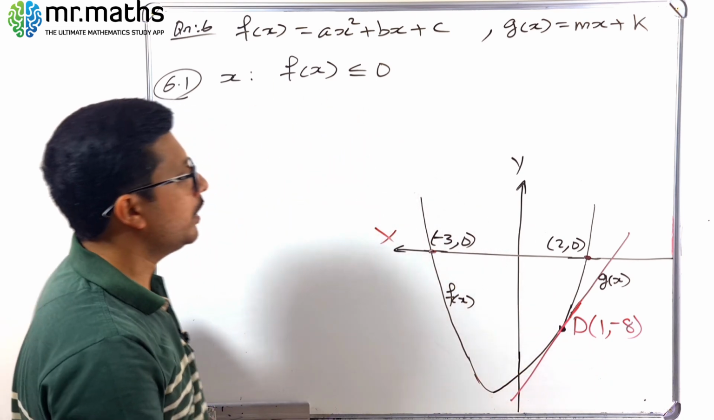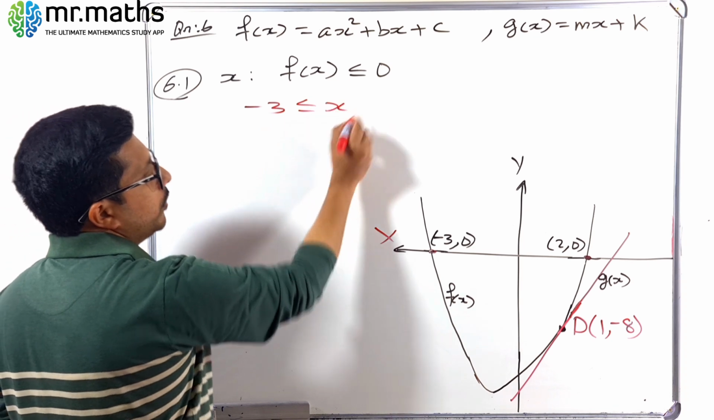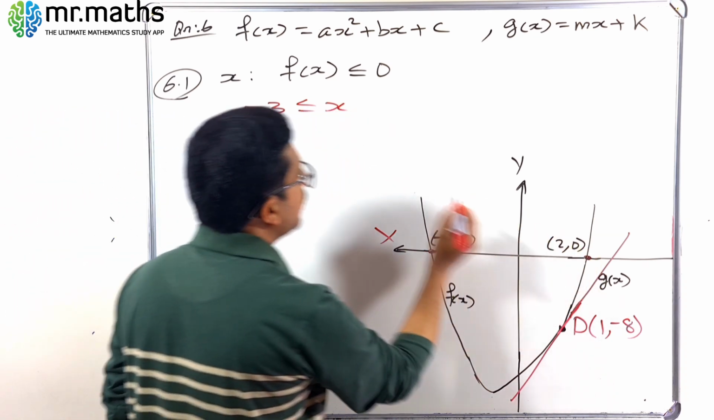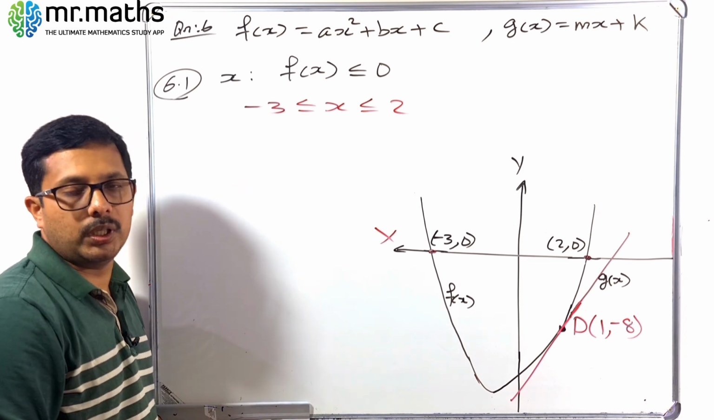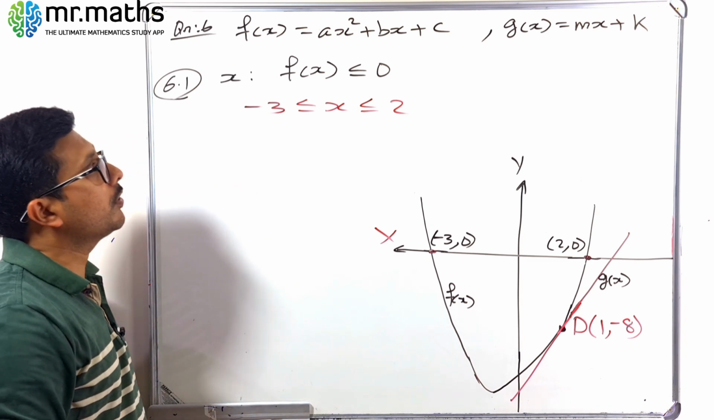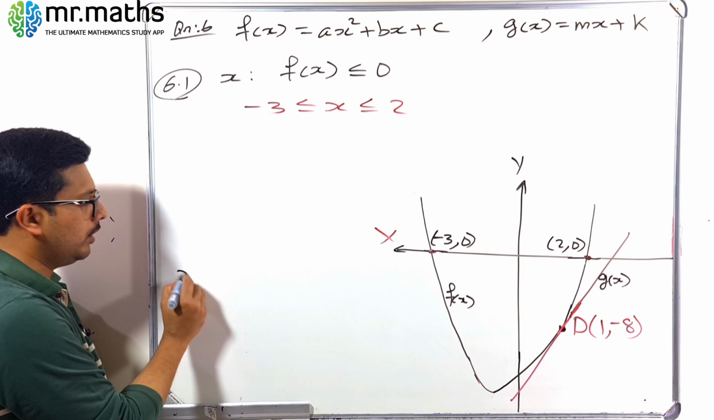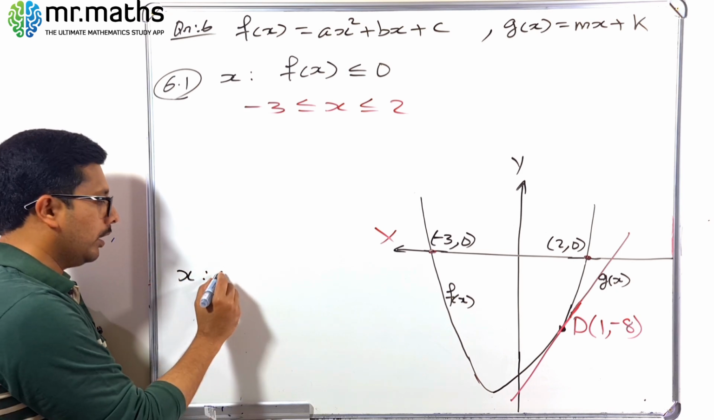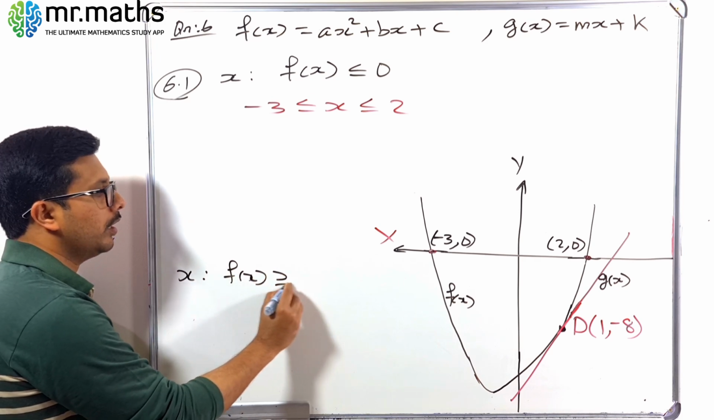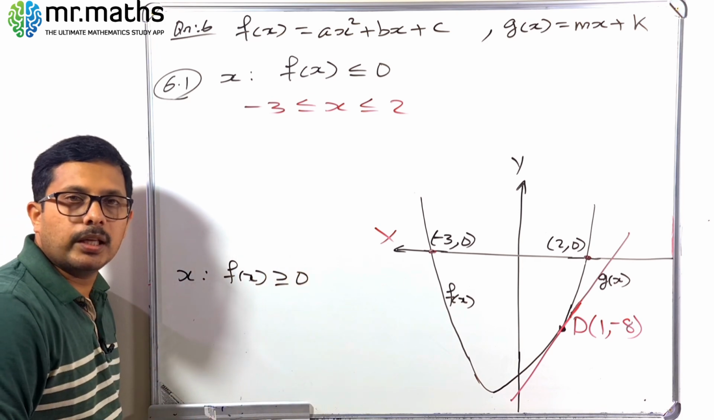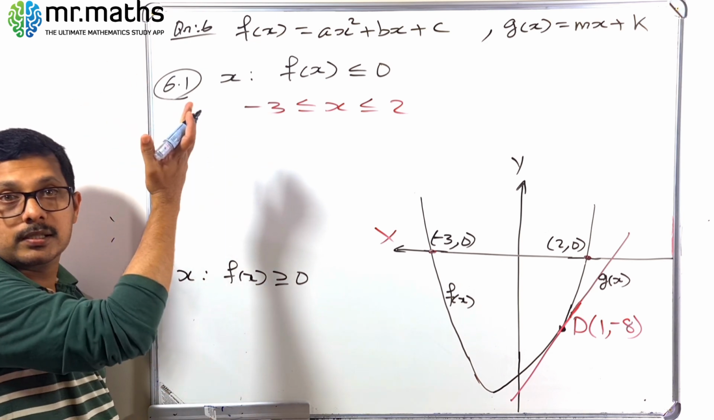Okay, so anyway, here below the x-axis, minus 3 is less than or equal to x, between minus 3 and positive 2, the graph is below the x-axis. In case the question is like this, that question is not here, but in case you have to find the value of x where f of x is greater than or equal to 0, then you have to check for which x values the graph is